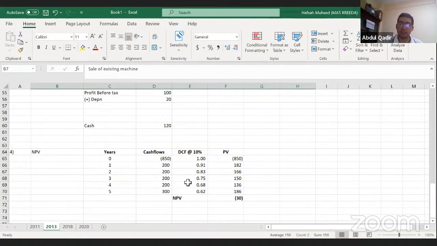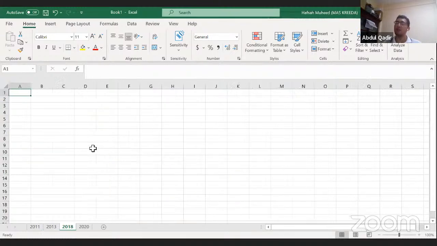While we are doing that, let's move on to the 2018 paper. So that has an interesting question. Why I chose that is because when you get questions like this, students tend to panic, right? Where they have already given the NPV and they're asking again for an NPV. So students wonder, what should I do? Where should I start? Should I start calculating from the beginning again? Stuff like that. So that is why I chose this question, so that you will know how to tackle this, right?